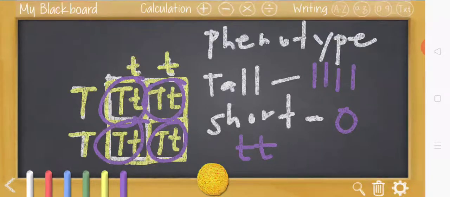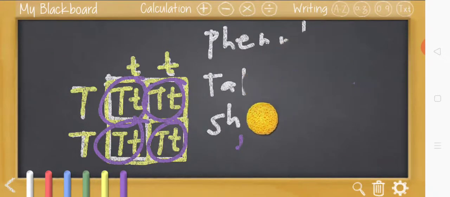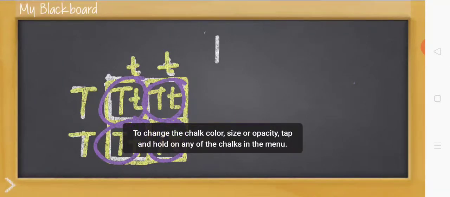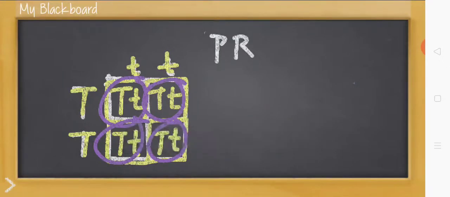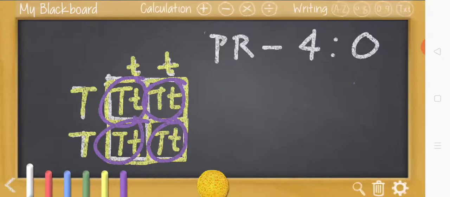So we have tall, 4 tall, and 0 short. In other words, we have 100% tall. Okay, so that is for our phenotype. There's what we call as the phenotypic ratio. Okay, the ratio of the phenotypes in a cross. So ilan yung tall natin dyan? 4, no? Lagay nyo lang. Lagay nyo ng ganyan, colon. And then, ilan yung short natin? 0. So, our phenotypic ratio is 4:0. Okay? Next,